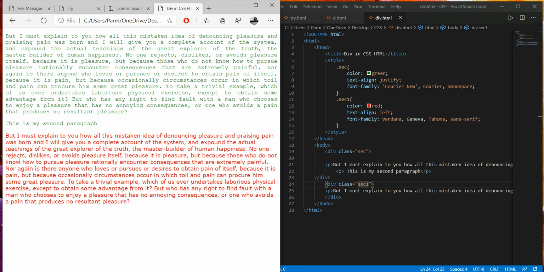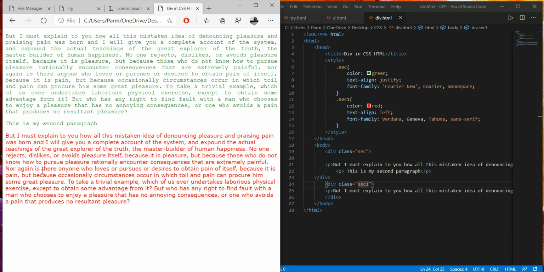Now look at this. Mostly the div element is used to structure pages. If we have to write different sections in our pages, in that case we can use the division.